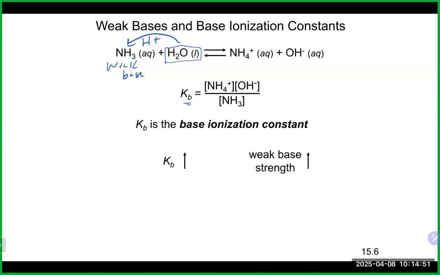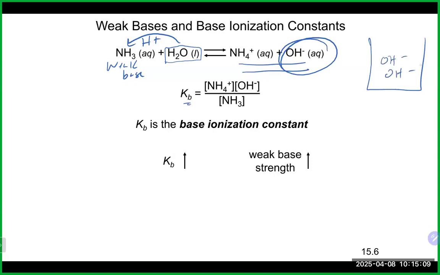the strength of the weak base also increases, for really the same reasons we talked about with the acid, which is if I have a large value of K, that means mainly products. And if I have mainly products, that means I have produced more hydroxide. And that's really what makes something a base, is that ability to produce free hydroxide in solution. So a higher Kb value would mean you would have more free hydroxide in that solution, making it a stronger weak base. Again, it is nowhere near as strong as an actual strong base like sodium hydroxide, potassium hydroxide, and those things. But in comparison to other weak bases, the larger the Kb value,